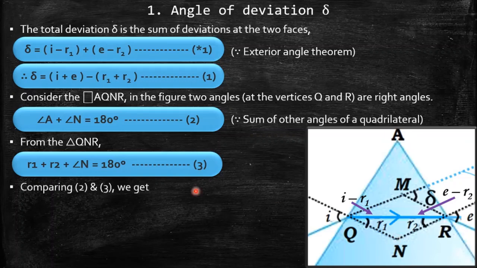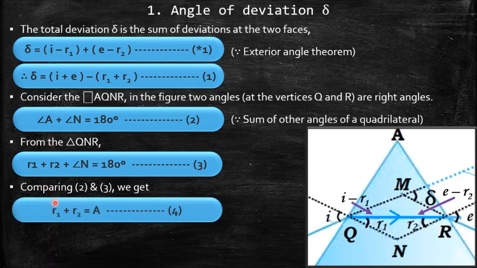But you know what? If you look at equations 2 and equation 3 very closely, what do you see here? You see similar terms, right? N 180, N 180, which obviously means that A and R1 plus R2 are somehow related. How do you think so? Well, obviously, both of them are going to be equal, right? Because I can simply write this as x plus N is 180 and x plus N is 180. So obviously both of these have to be x, correct? So I can safely say that R1 plus R2 is equal to A.